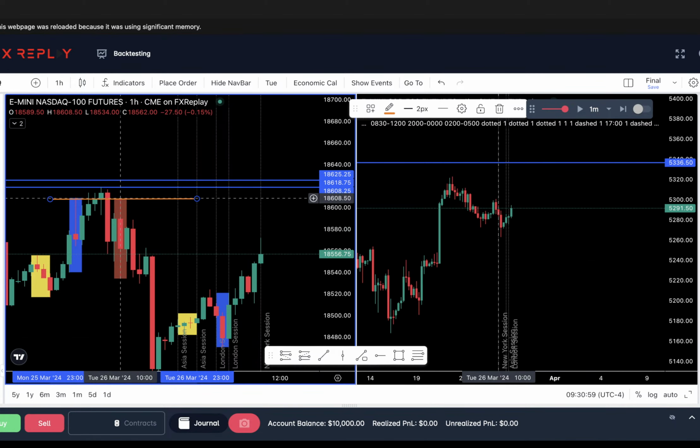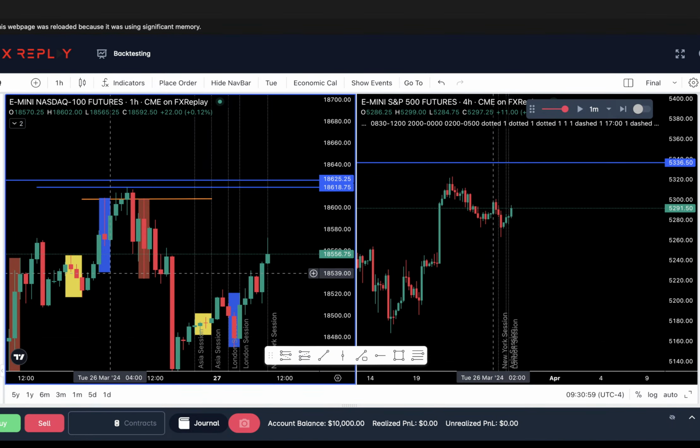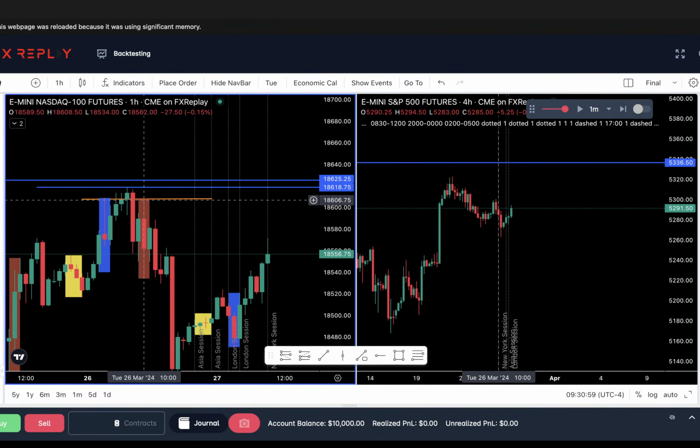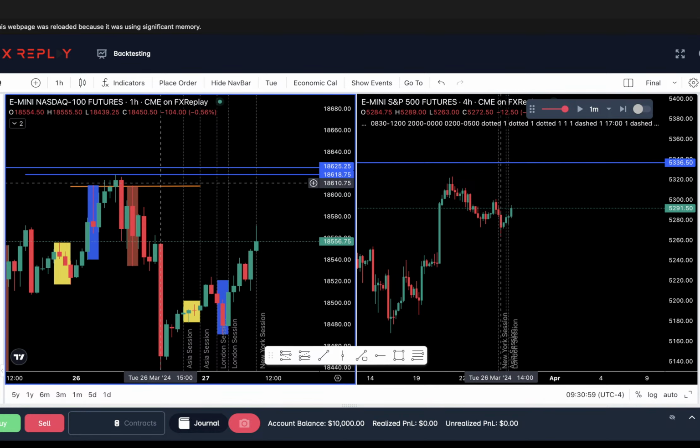It pulled back for us to get in at 10 a.m. and then we went down because it was almost down there. I thought we were going to sweep the sell side first with this red candle, but it came back up, tapped us in to get a sell, and then boom. In the afternoon, it kept running down if you held that trade longer.